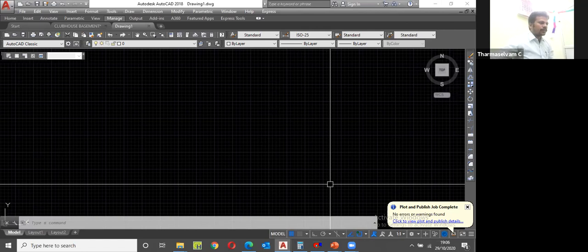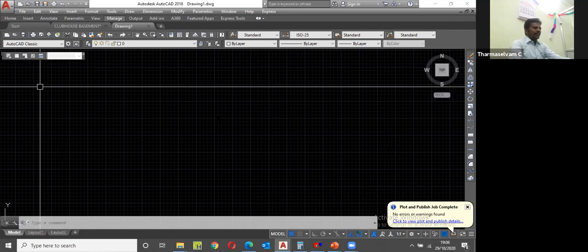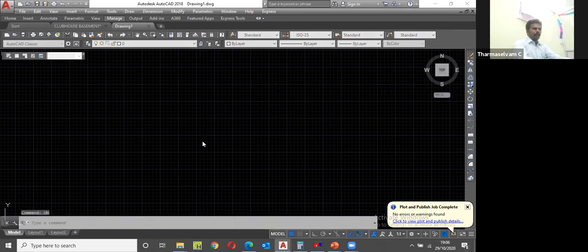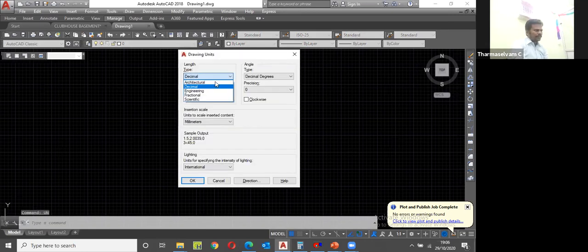See, this is a new layout I am going to draw. Here there is no civil diagram, nothing. I am going to plot the civil diagram. First I am going to start with the units. UN enter. A new dialog box will open. There I am going to check. Architectural means feet and inches. This is decimal. You can get the precision. After the point, I don't want any digits. Okay, 0 millimeter. Put okay.